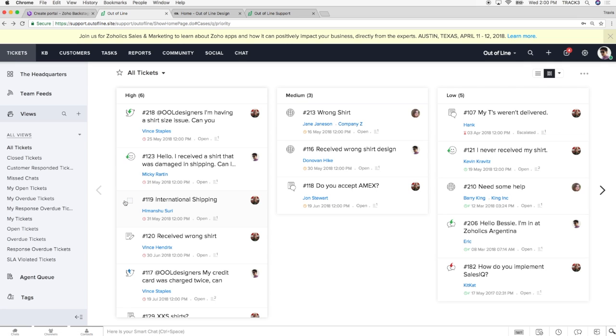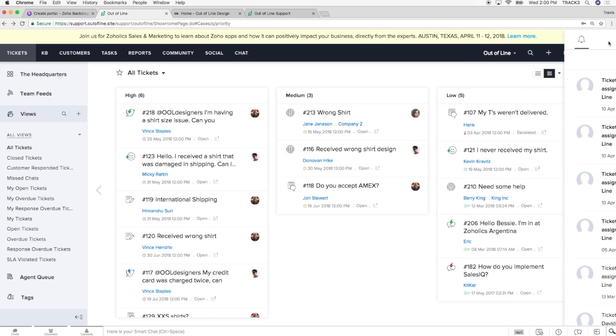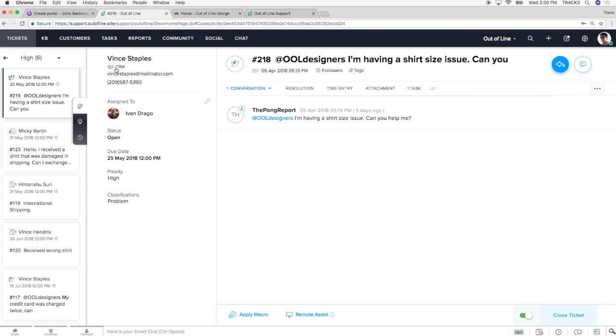So this is where the agent's going to spend most of their time, in this area. And you have notifications to let you know what you need to be doing or things that are happening around the company that you should be aware of. And this is the screen that agents are going to be hanging out most in. Different ways to cut and slice this data. It does a bunch of cool stuff within the ticket itself, but where a manager is going to go.